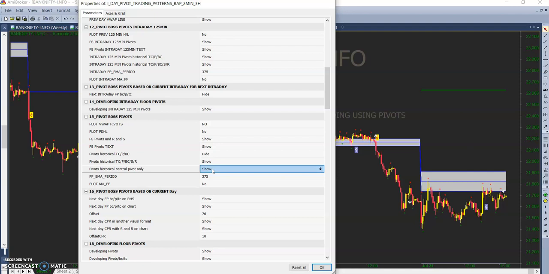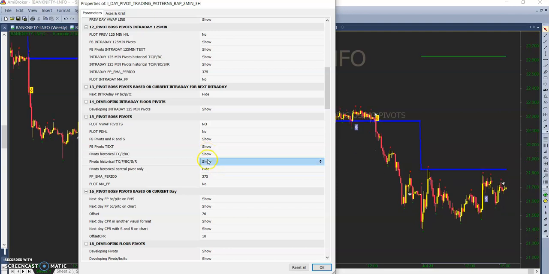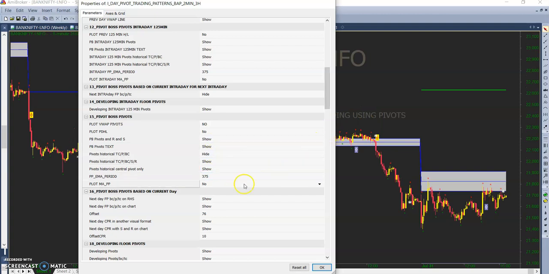So here the next option is pivot historical central pivot only. This is a feature which enables you to only display the central pivot and not the CPR. So this displays only the central pivot without CPR. And this one is actually the